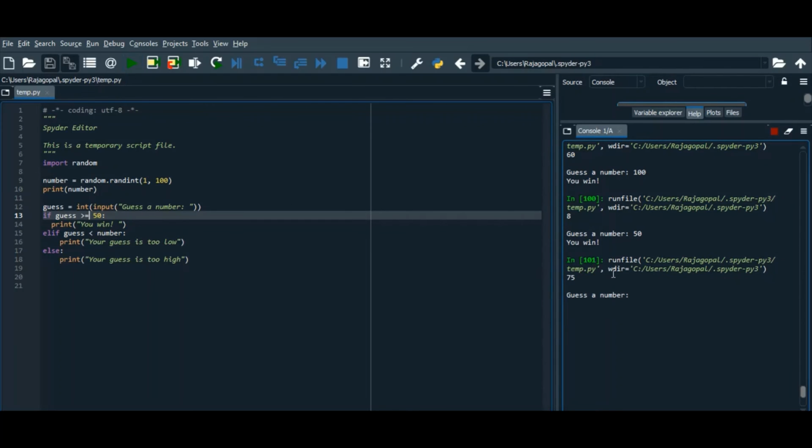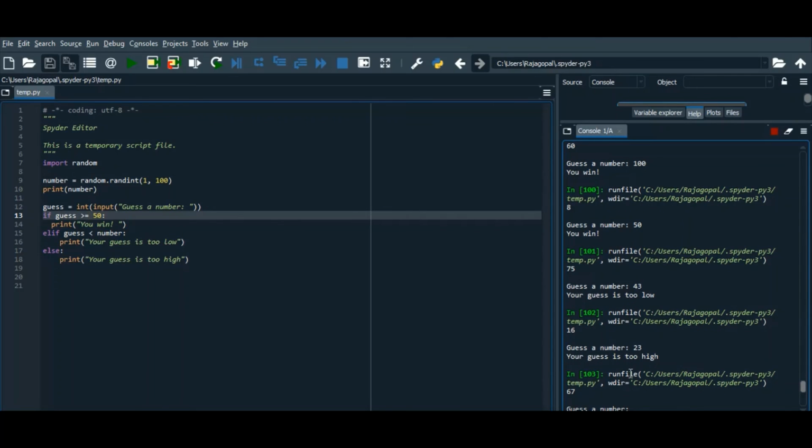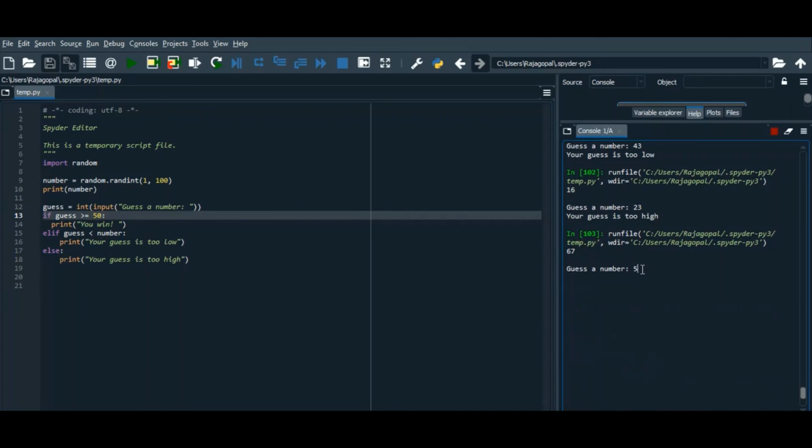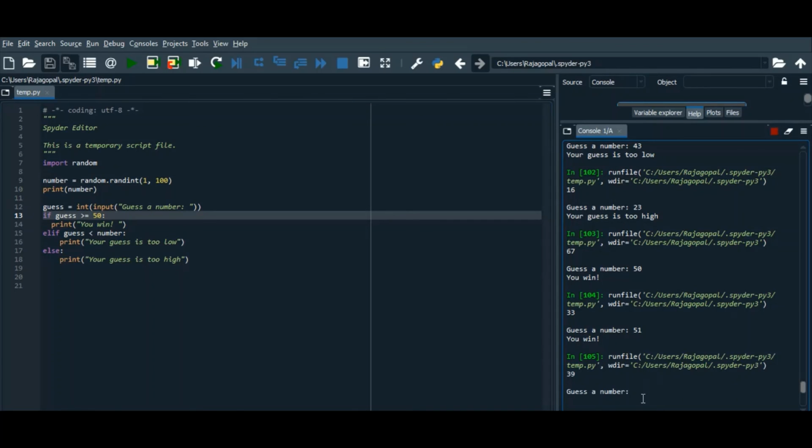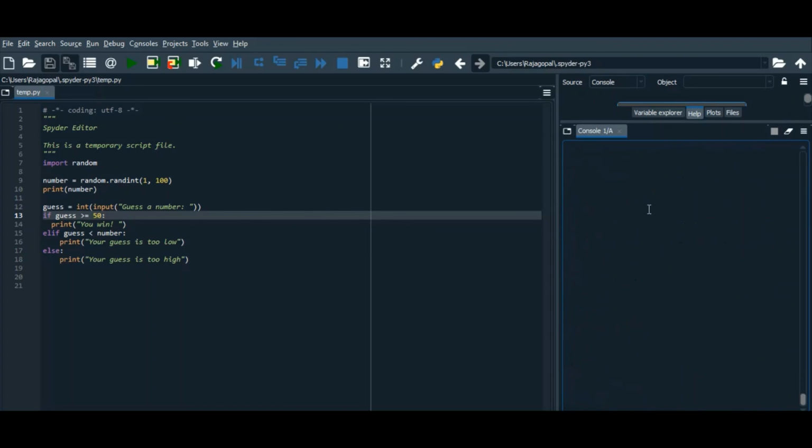So let me just put a number. So this is too low. This is too high. So we are going away from the number I want. Okay, just put a number. The number which you put more than 50, you're going to win. If it is less than 50, then you will lose. I mean, it's not an important condition for it.